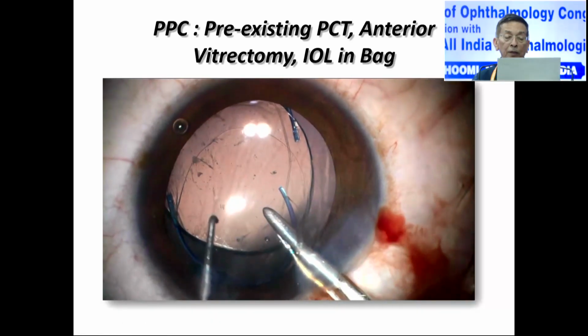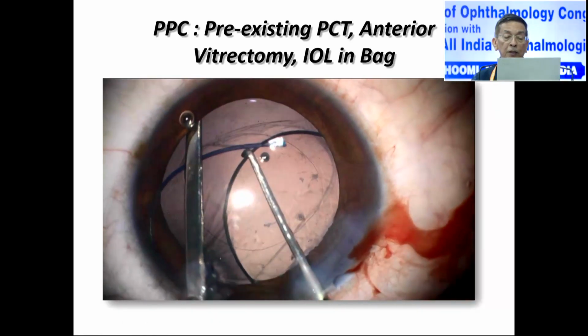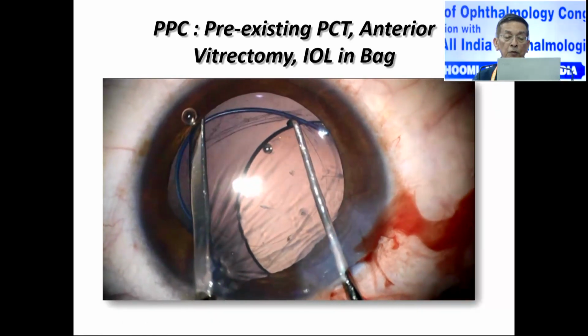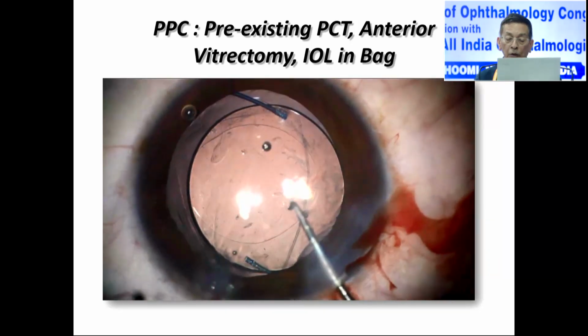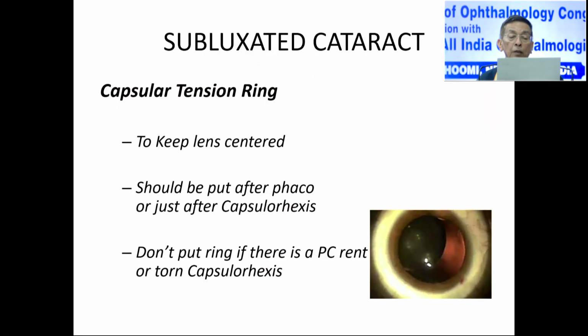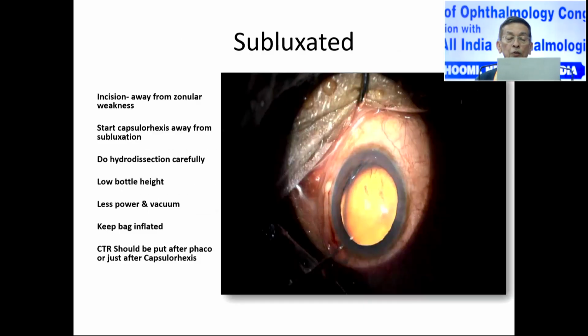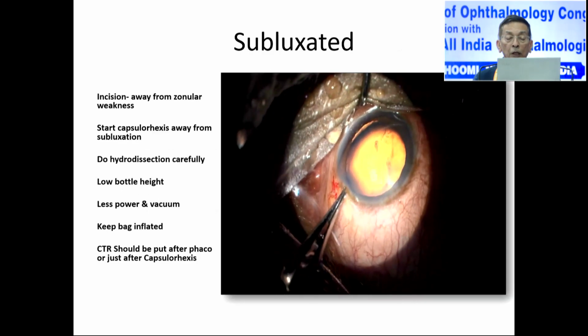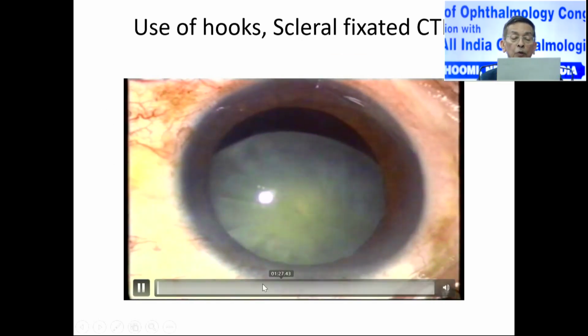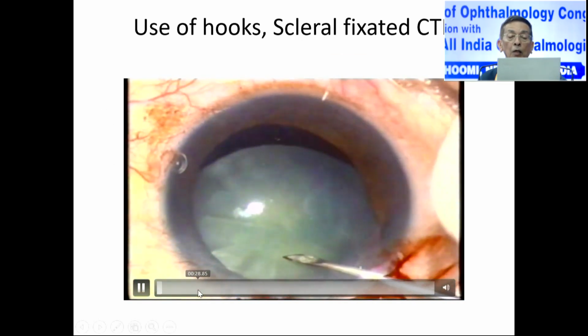You can see that the rent is still the same, and we are able to put a 3-piece lens. For this, a single piece lens is not suitable. Then we come to the subluxated cataract. This time is short. I will go to one of the videos where we